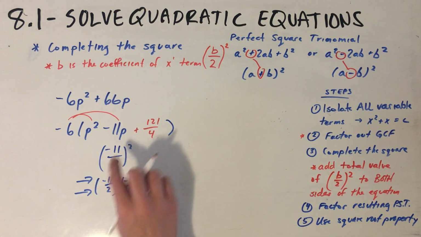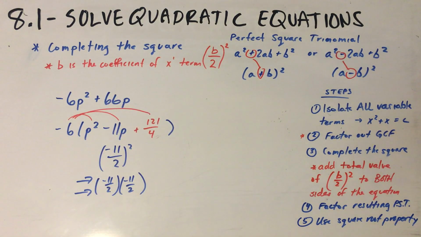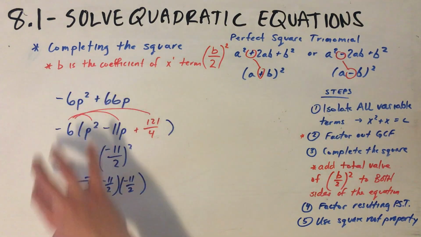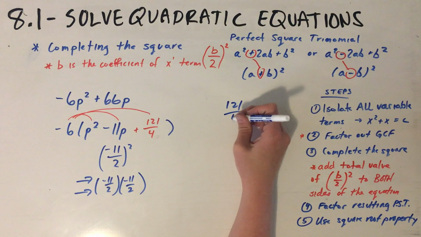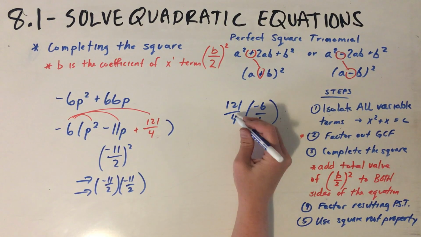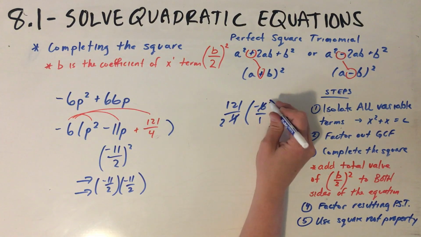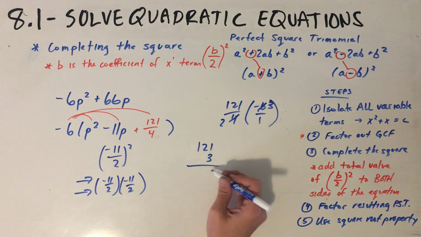-6 times the -11p gives me the 66p. So what is the actual value of how much I've changed the value of this expression? Well, I would need to take that 121 over 4 and multiply it by -6 over 1. This has a 2 in common, so then I would get the 121 times 3,